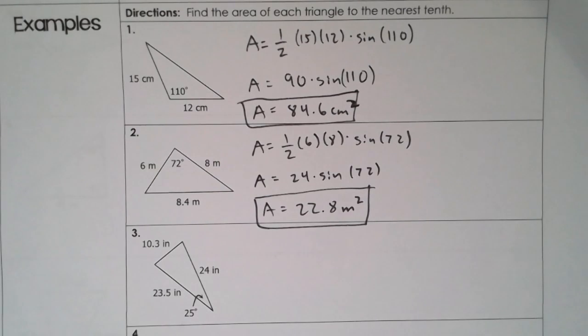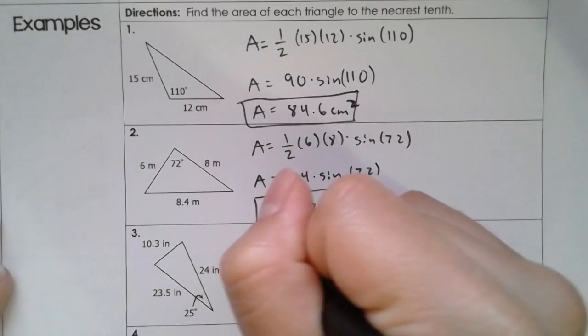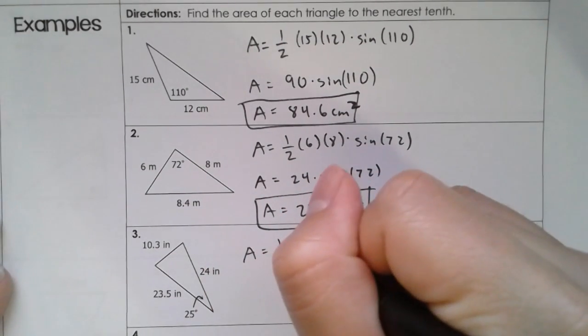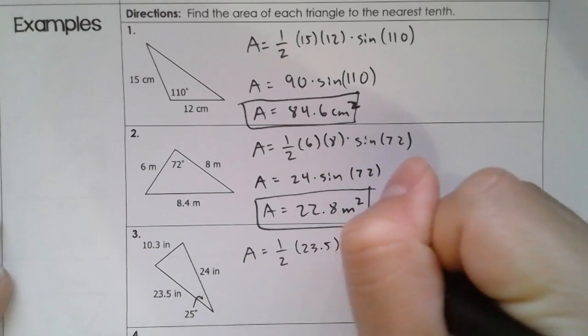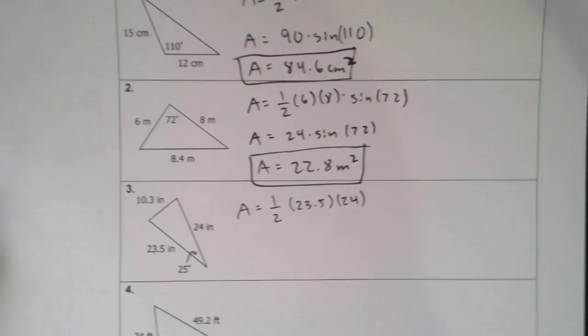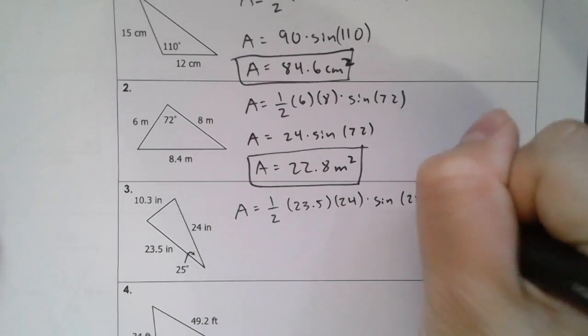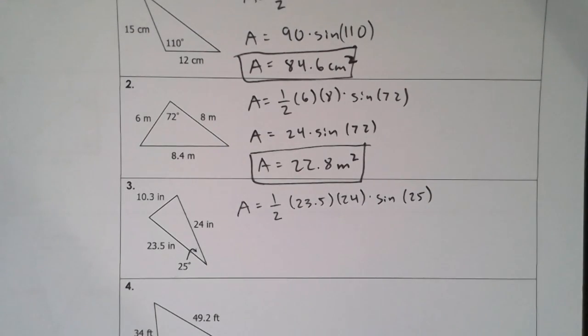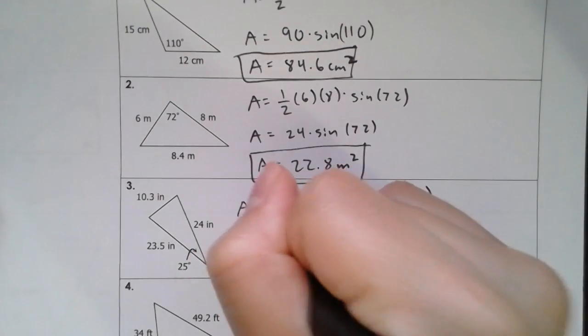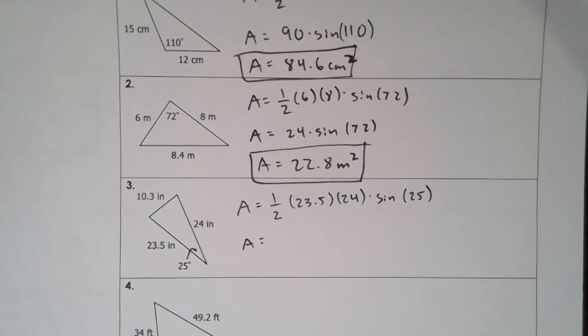The third one, same thing. I'm not using 10.3 because that is not A or B. That would be C. So area is equal to 1/2 times 23.5 times 24 times the sine of 25. So then area is equal to, do that in your calculator, 23.5 times 24 divided by 2, and when you do that, you're going to get